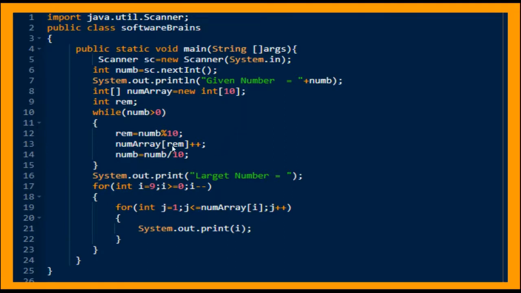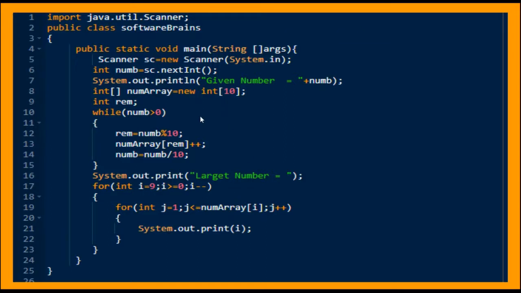Since we are incrementing our index position, suppose in a given number 1 2 3 1 2 3 3 4, 3 has occurred 3 times, so 3 needs to be printed that many times. Hence we take an inner for loop, with j starting from 1 and j less than or equal to num array of i. That means in our array we need to check the value at that index position.